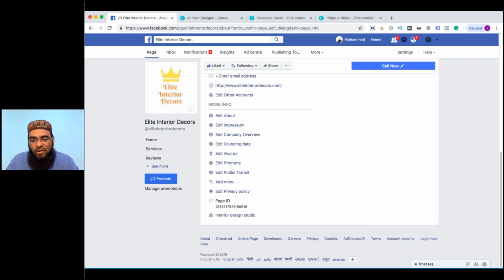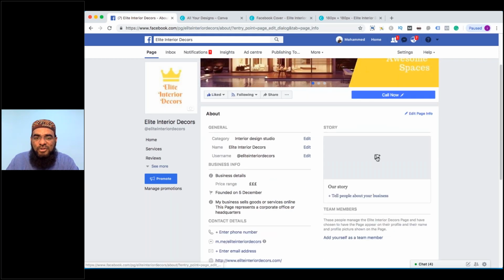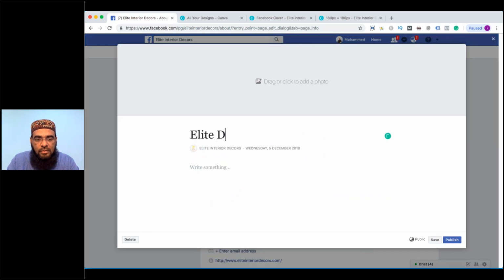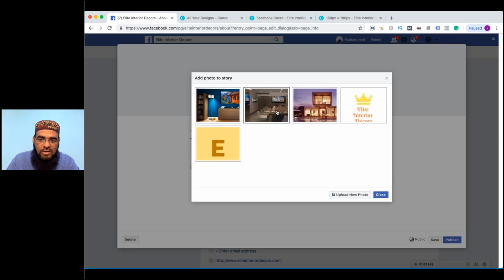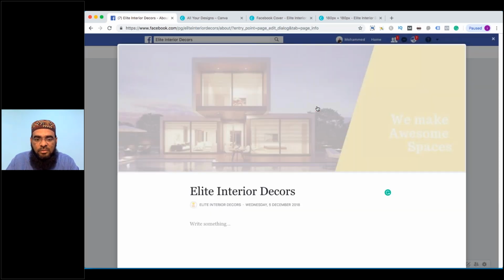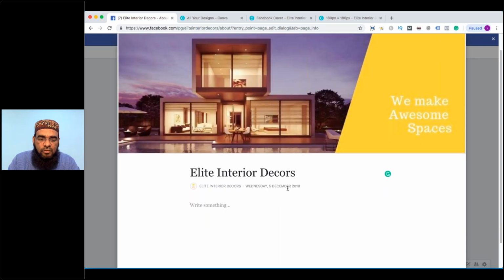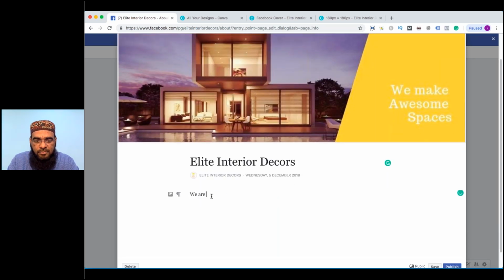And also, very important, add your story. Add a nice picture. Maybe your existing picture may also work perfectly.